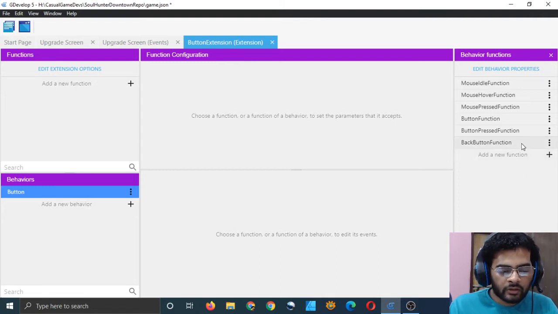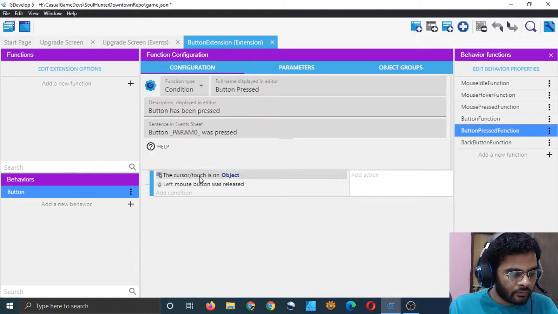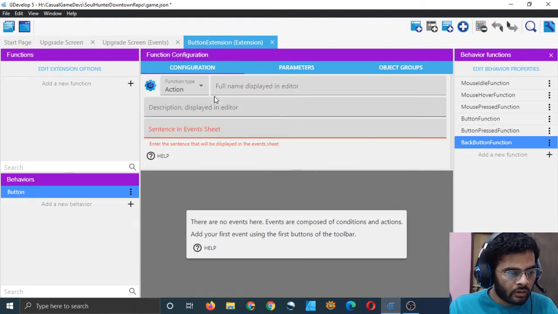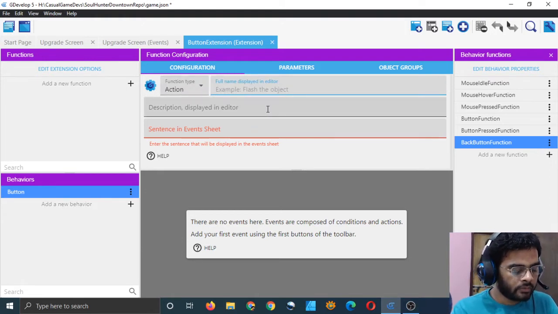So when it is pressed, let's first go to back button press function, and I will just copy these two, shift select, copy, and go here. This will be a type action, full name displayed. What should I type here? Simulate back button press.